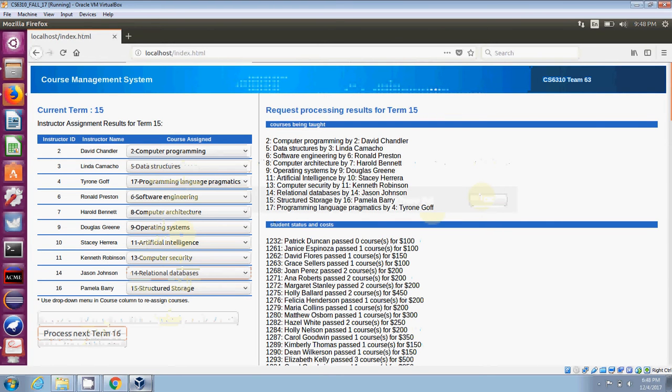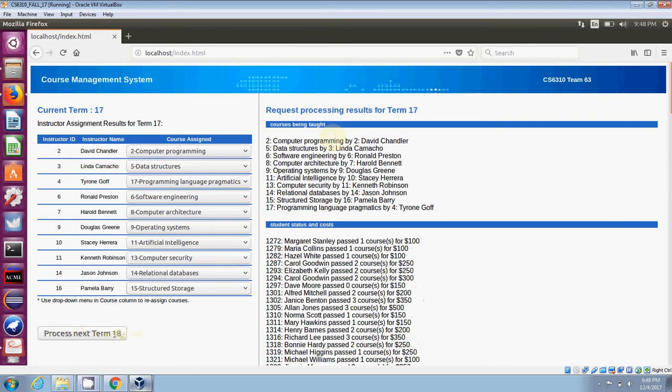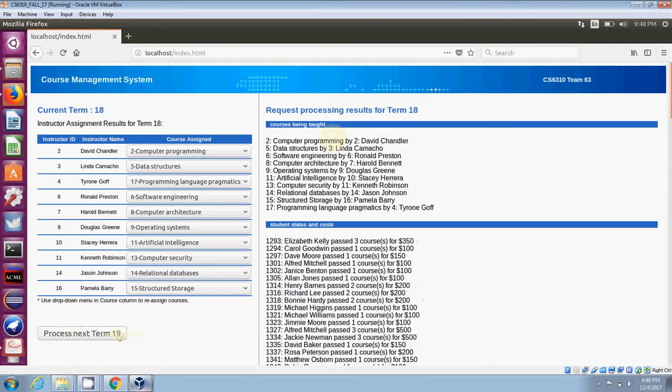See, the order is changing. That's because it's linked to a backend machine learning algorithm. And if we keep clicking next term,